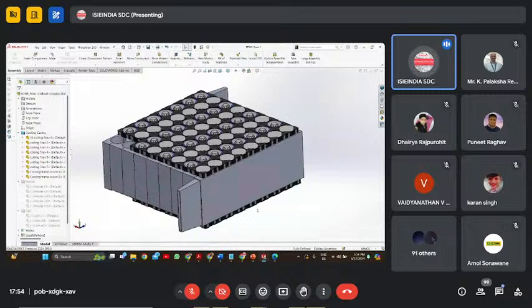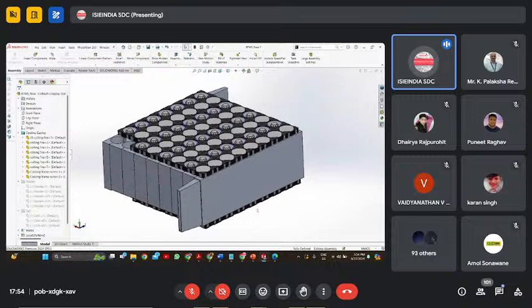But now I have not made the housing. Why? Because I want to add something, and that housing we cannot fix. It depends on vehicle to vehicle, on what the dimension of the vehicle is, and according to that we make the housing. Suppose we finalize that this battery pack is made and this cooling system we are using now,